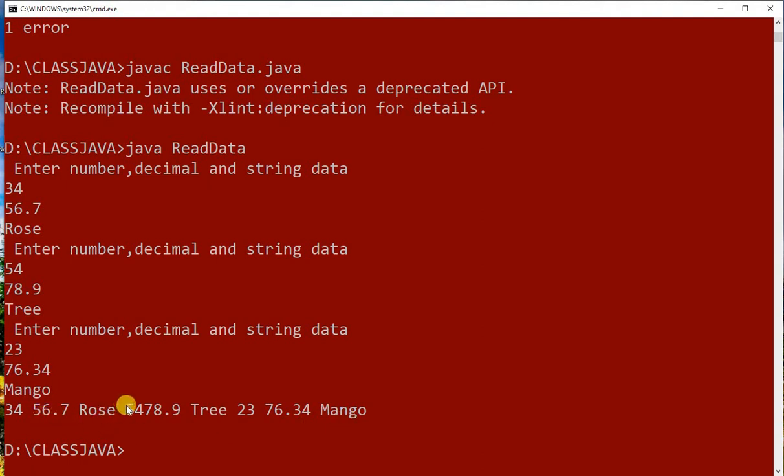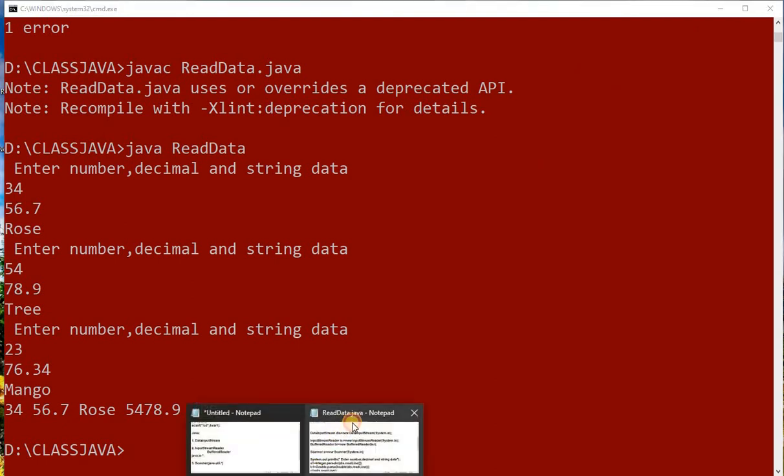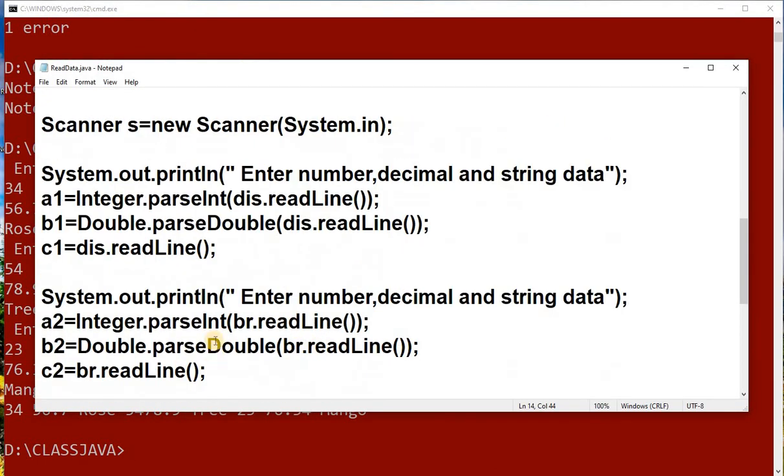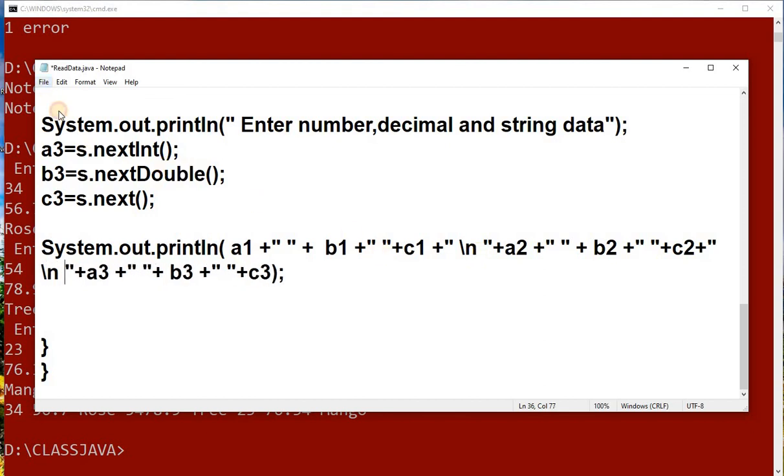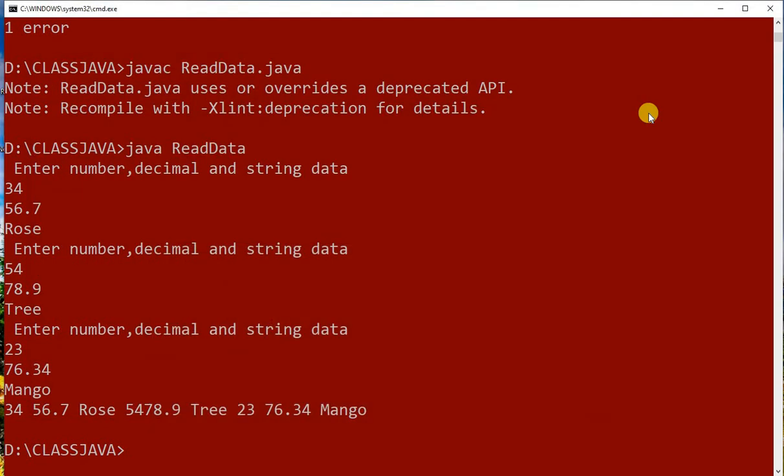If you want to make every class data in a separate line, you can also do that. How will you do it? Hopefully you all know that one. You can go to the program here. From here it is a new session, so we say \n. Just do one thing after C3 again. Here we are starting, so I'll give here \n. Now save the program again, and try to execute again.